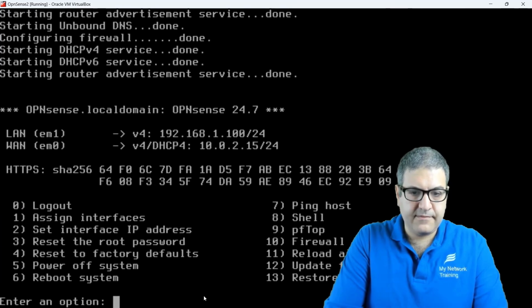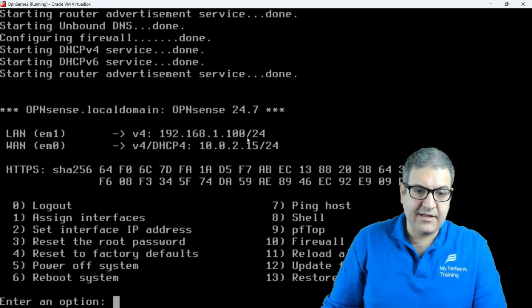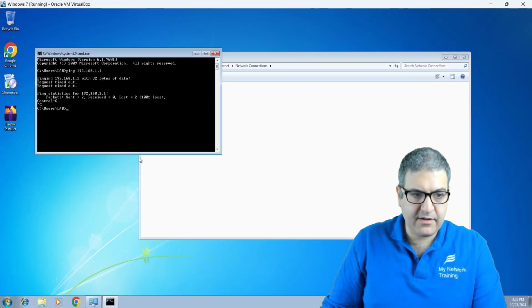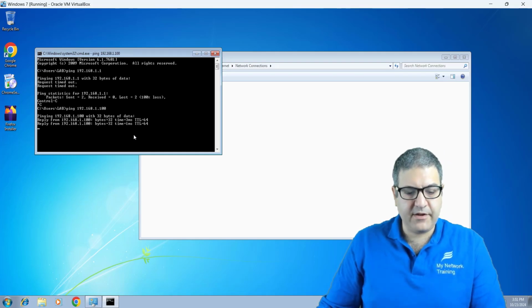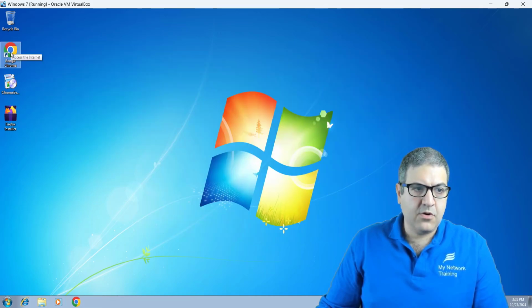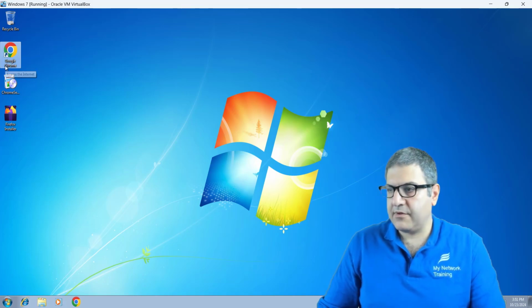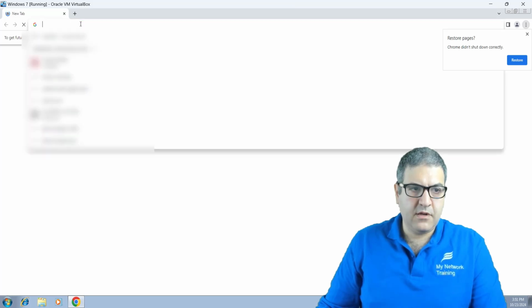Let's have a look. Oh, I can see that the LAN has already got an IP, which is 1.100. Let's try now to see if we can ping it. Ping 192.168.1.100. Very good, so we can ping it. Meaning I can now go to Google Chrome, for example, from the Windows 7 computer, and I can go